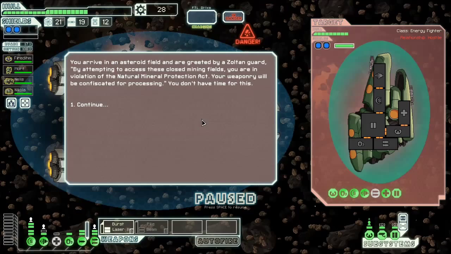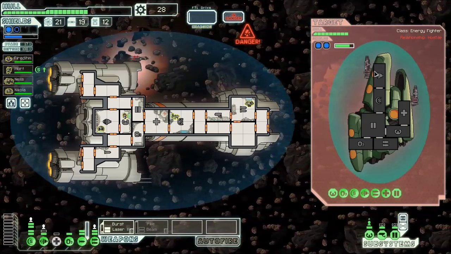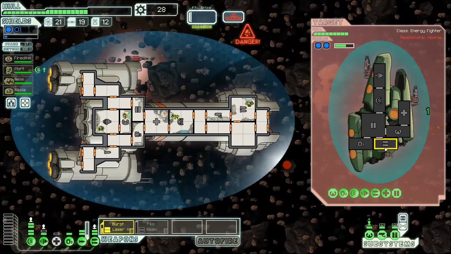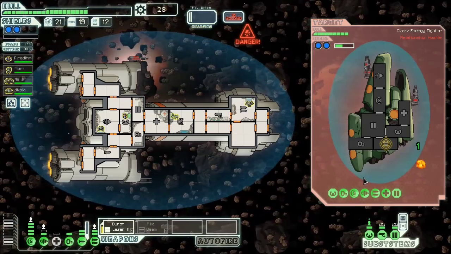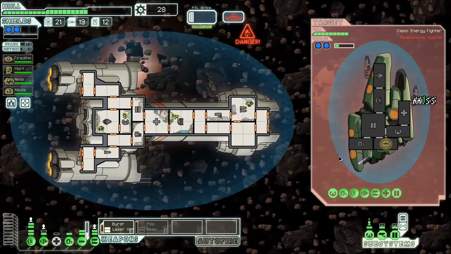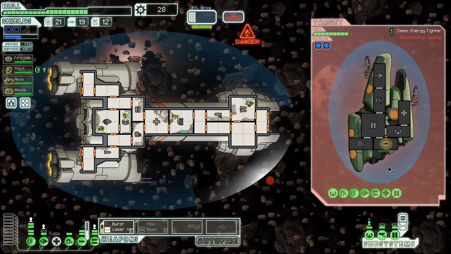This could be a really bad mistake. Your weaponry will be confiscated for processing, and we don't have time for this. That's actually a pretty nasty loadout right away. Fortunately, we are in an asteroid field, so we just gotta hope that those 2 lasers don't coincide with an asteroid on the wrong side, so...